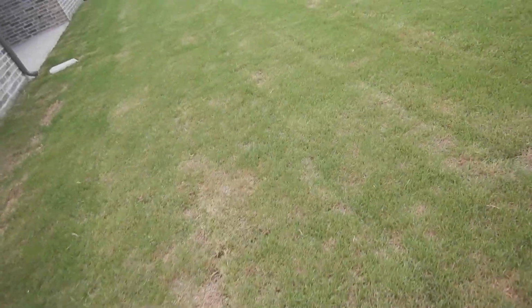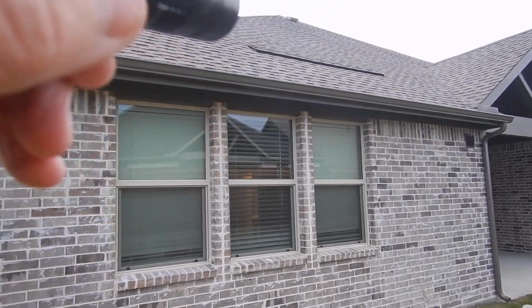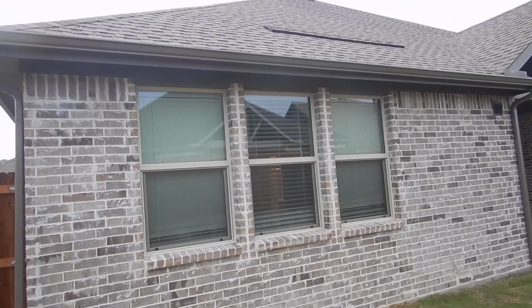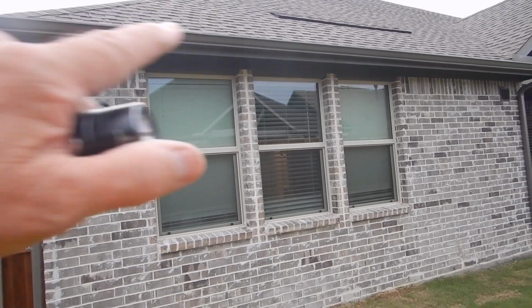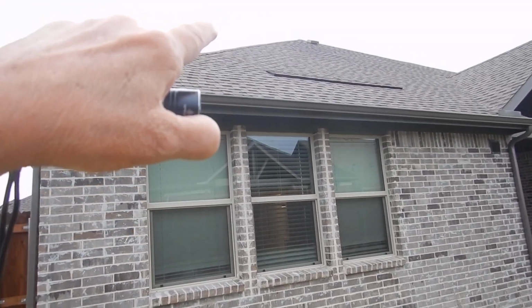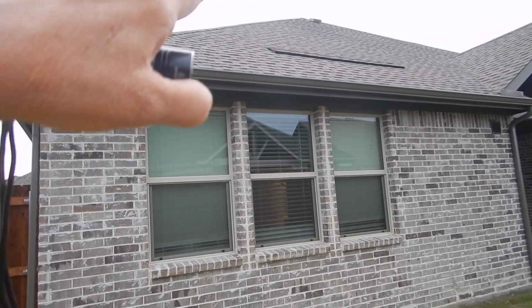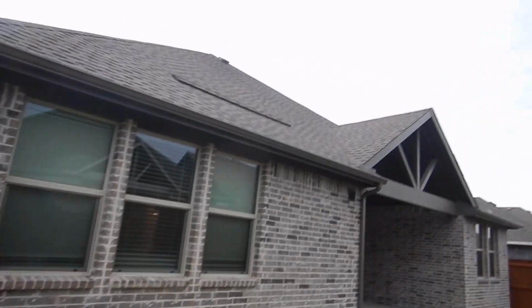Then I'm seeing that right there. Okay, that is a soffitless air intake vent. And it's higher than the soffit vents, which I'm not seeing much of. And I'm seeing that. That's the only soffitless air intake vent that I've noticed on this structure. And therefore,